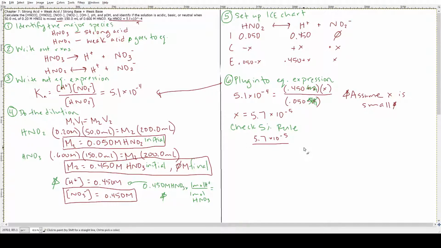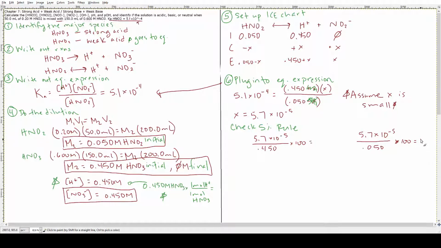I don't know why my brain's not functioning right now. I'll just do both of them. Why not? So let's do 0.450 times 100 equals, and to save space I'm going to double up. I'll put the other one here, but you should not do that on yours. You need to make it nice and neat. Oops, times 100 equals. Okay, so let's see. The one that's divided by 0.05 is going to end up being 1.14